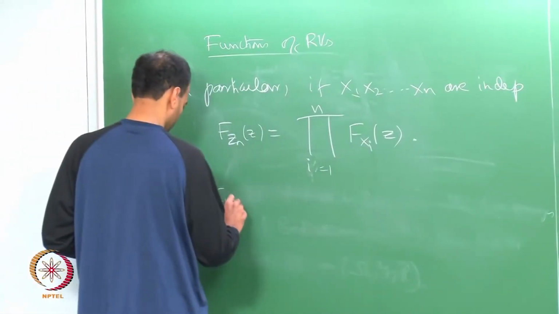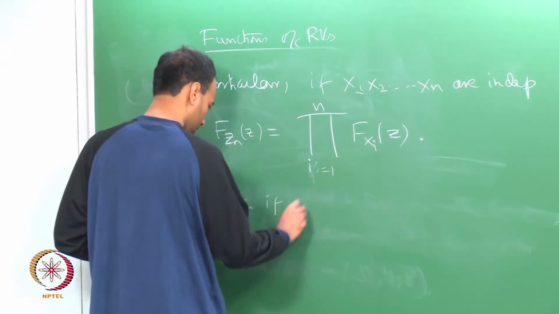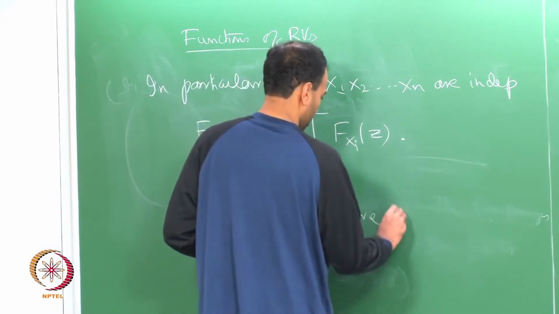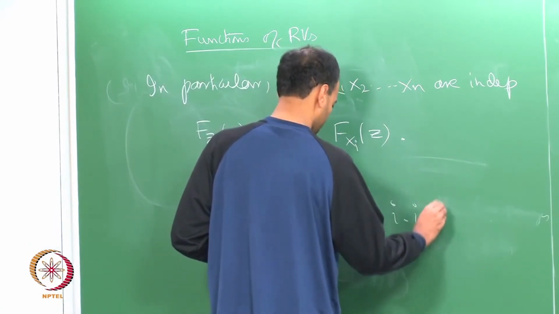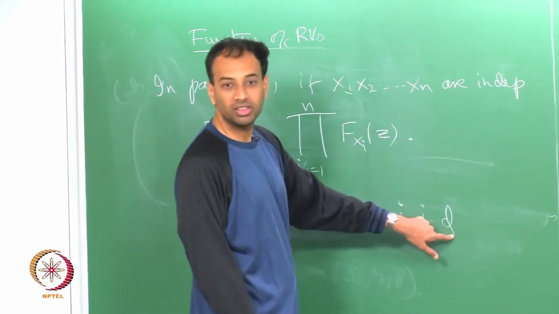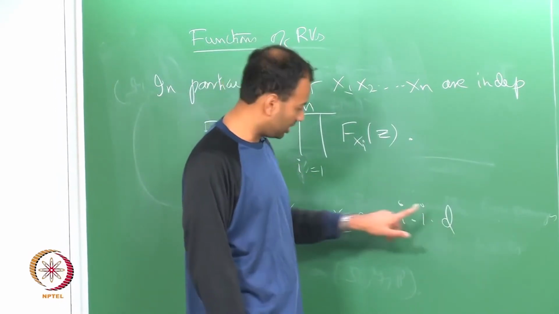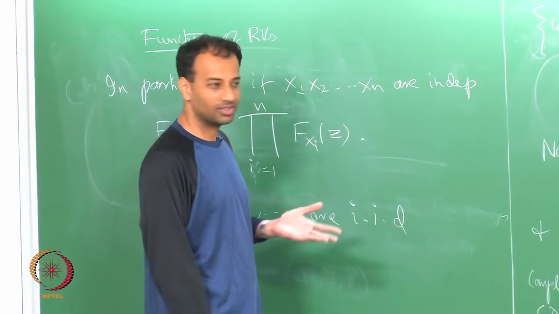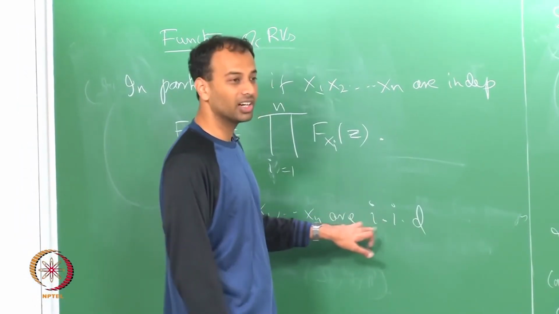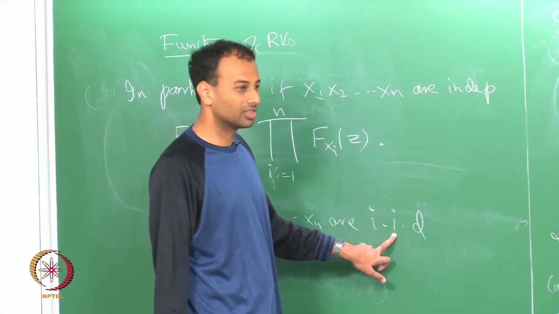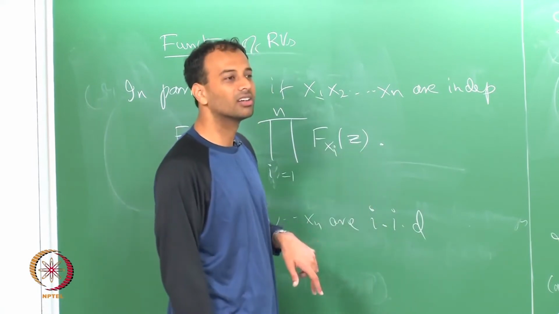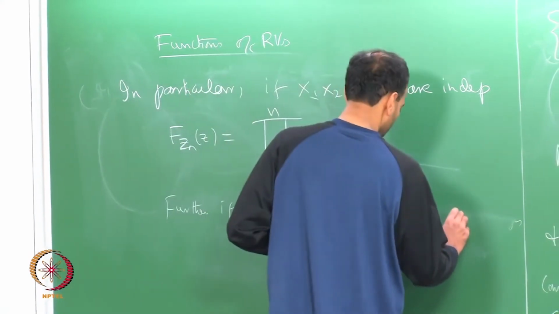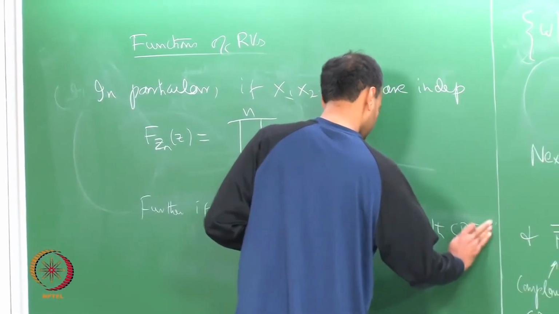Further, if X1 to Xn are independent and identically distributed, IID, this is the first time we are encountering this, I think: independent and identically distributed. It is just as the word says, if they are independent and they have the same CDFs, which means all these F_{Xi} of z are the same function Fx, with CDF Fx,